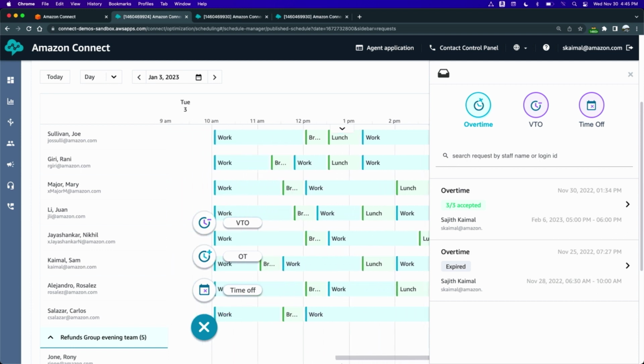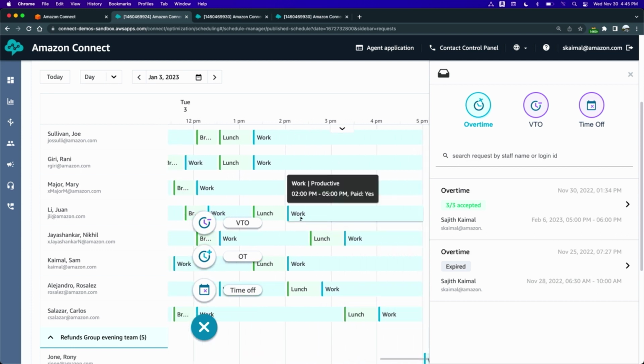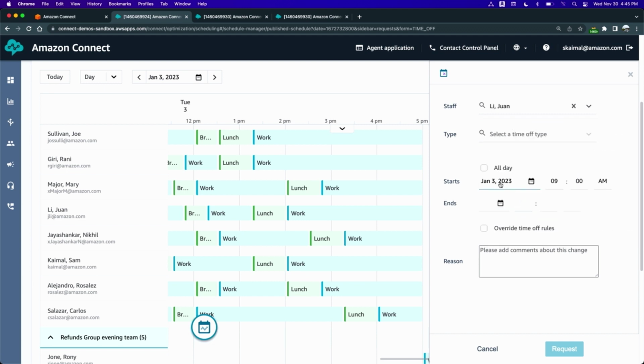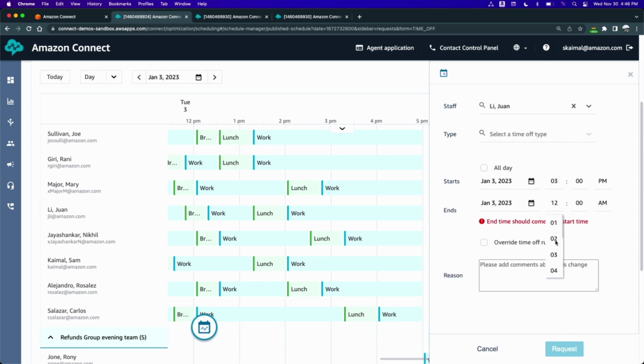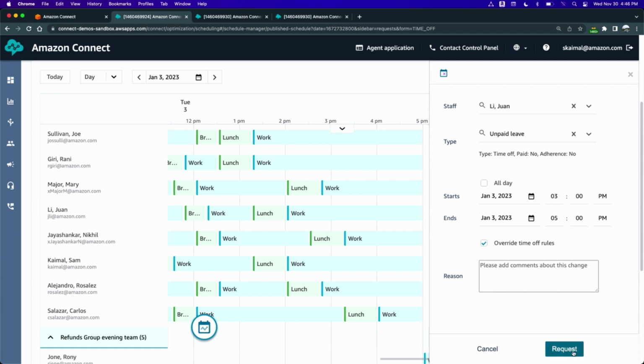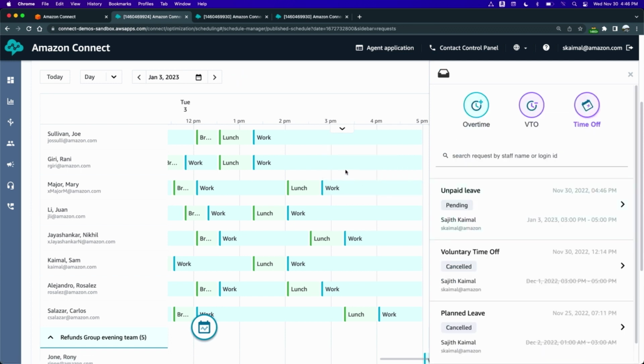So, okay, I'm going to give a time off for 1 from 3 to 5. So it's very easy to give time off. You go click time off, you pick 1 here. January 3rd, 3 p.m. to January 3rd, 5 p.m. and you can create, let me give a time off, unpaid leave, and request time off. And that's it. So it's as easy as that, and you'll be able to see that if I go to 1 here,